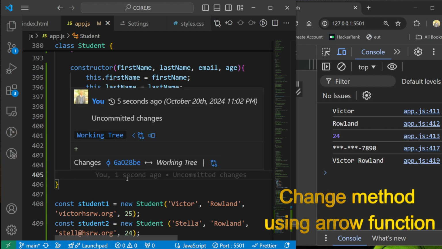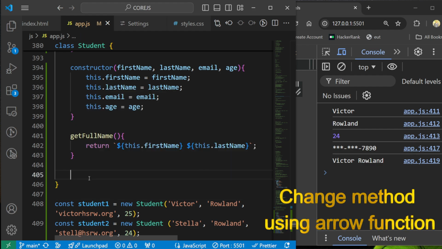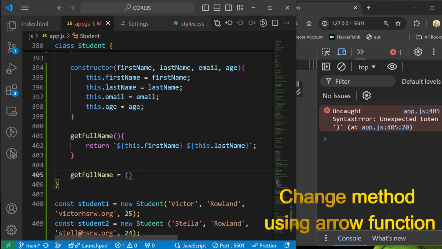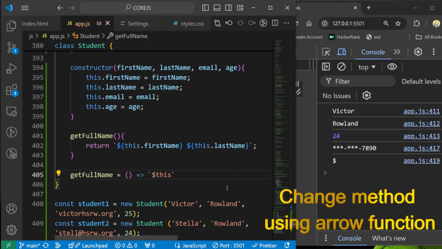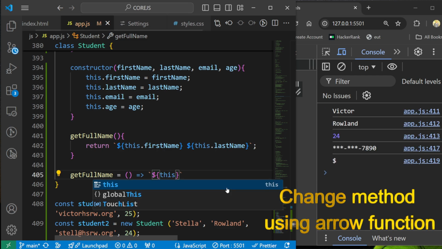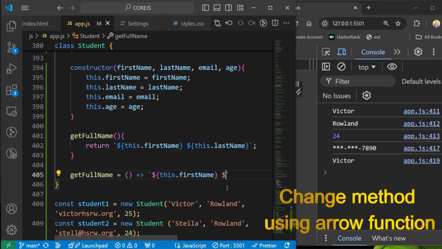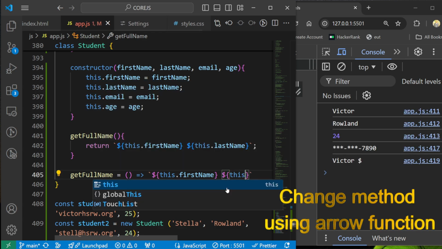So we can simply change it to the arrow function by saying getFullName, which is the name of the method, equal to, open parentheses and then the arrow sign, and then we put our message, string interpolation, this curly bracket first, this.firstName, then the $, again, curly brackets, this.lastName,